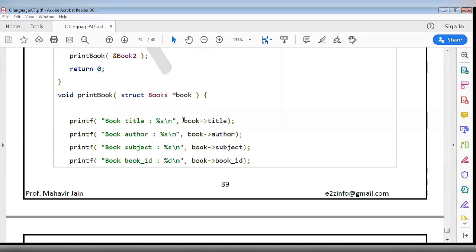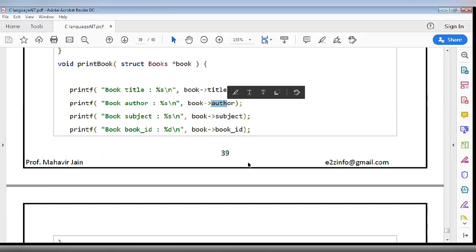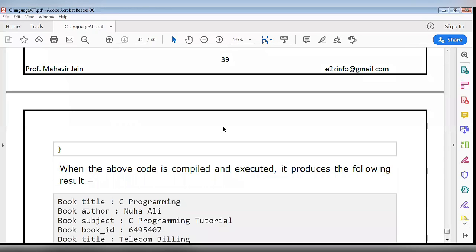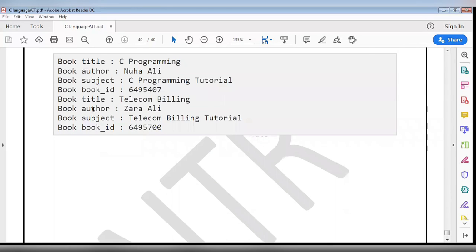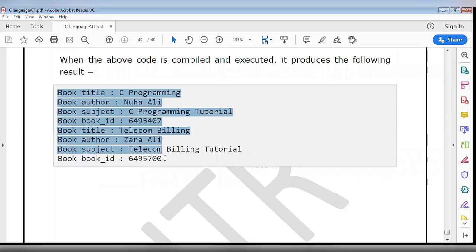So *book will receive the address of book1 and will print the elements of book1, like book title, book author, book subject, and book_id. Next time when we pass the second argument, the address of book2, it will receive book2 and print accordingly. Now this is the output of the program. Whenever you execute this program, you will get this output.